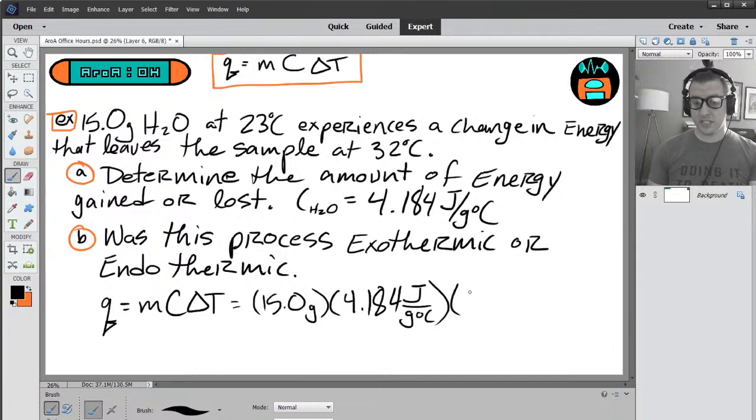Delta T, we just calculated, was 9 degrees Celsius. And that's it. We just got to multiply these numbers together. So I'm going to bust out my calculator because I can't do this in my head. 15 times 4.184 times 9 is, so my calculator is telling me that my value is